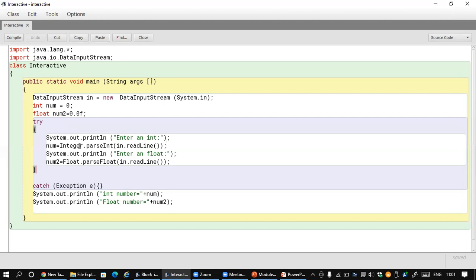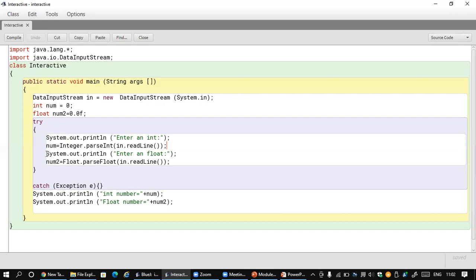Once the input is given, we use the parse method, which is a very important thing. The parseInt method, which is defined in the Integer class, is applied by accessing the readLine method of the in object. This will help us get the valid integer value from the given string, and that will be loaded onto the num1 variable, which is basically an integer variable.